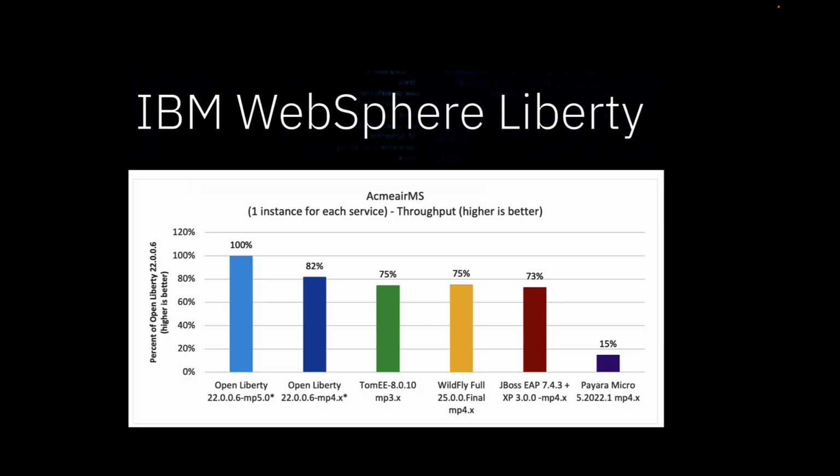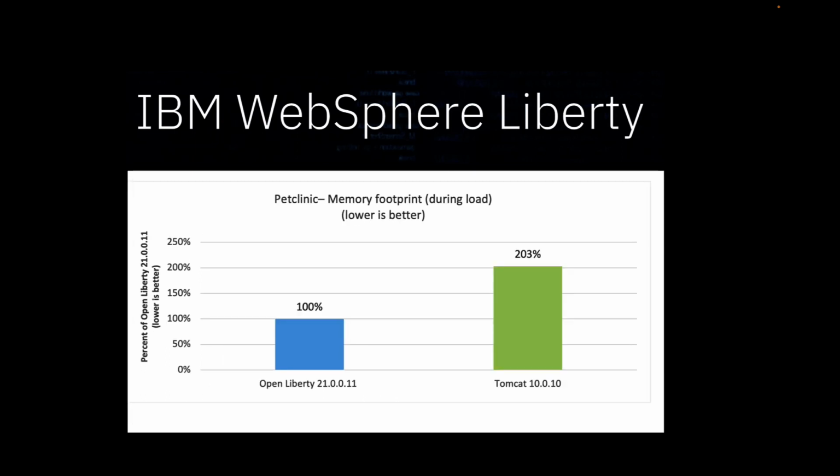And the reason behind that is because it has a very good throughput compared to other Java implementations out there. It has also a very small footprint. In this case, we're looking at the Pet Clinic standard application compared to Tomcat. So it has half the memory footprint compared to Tomcat in this case. So these are some of the reasons why a lot of customers are looking to move and modernize to IBM